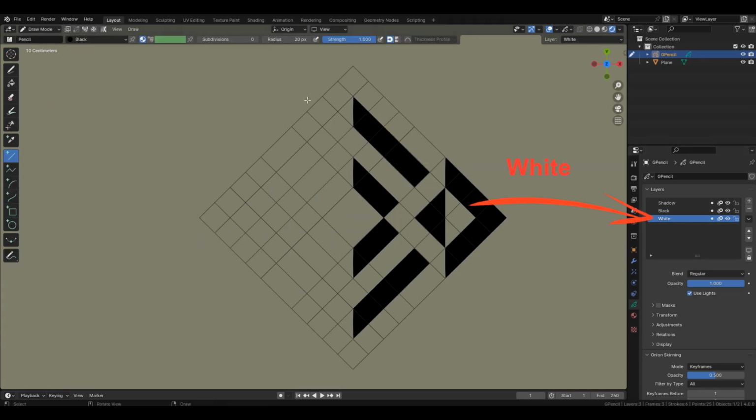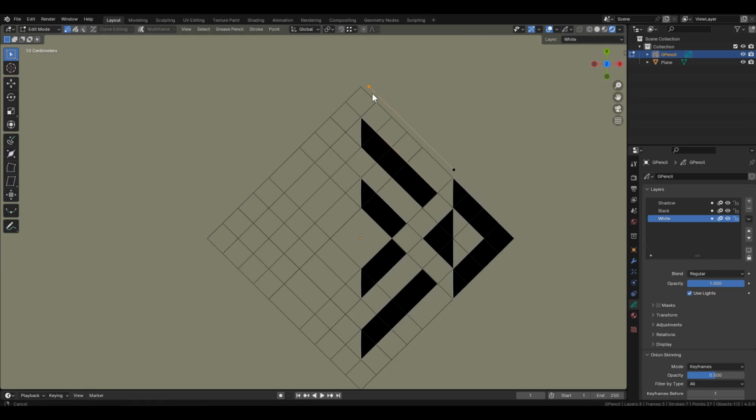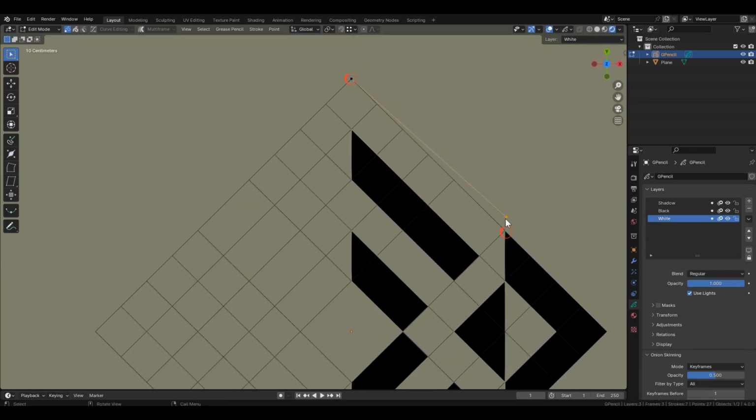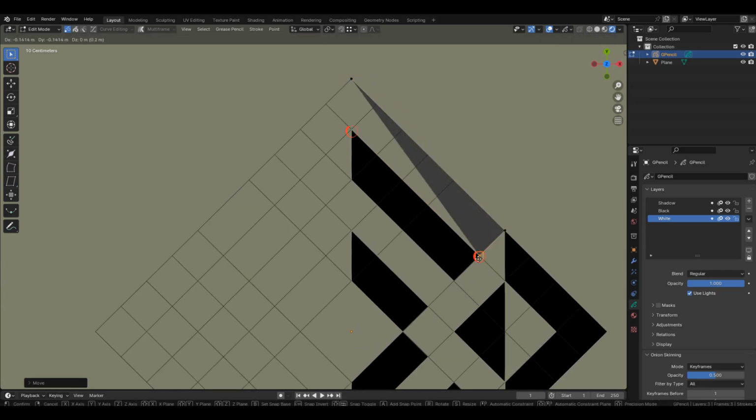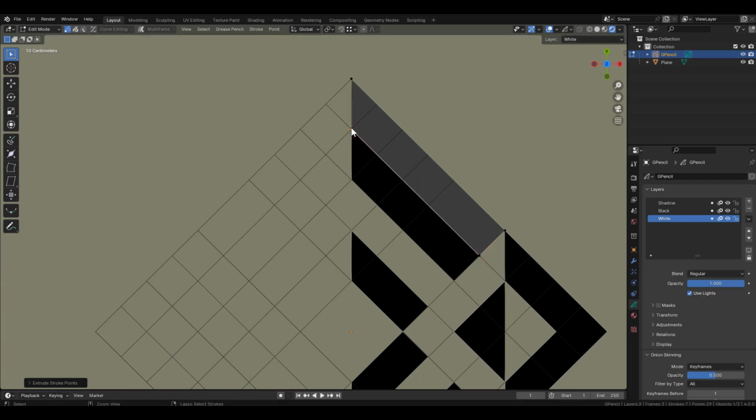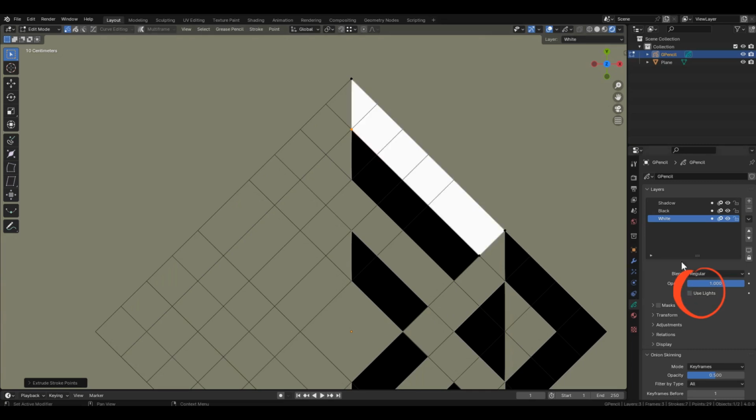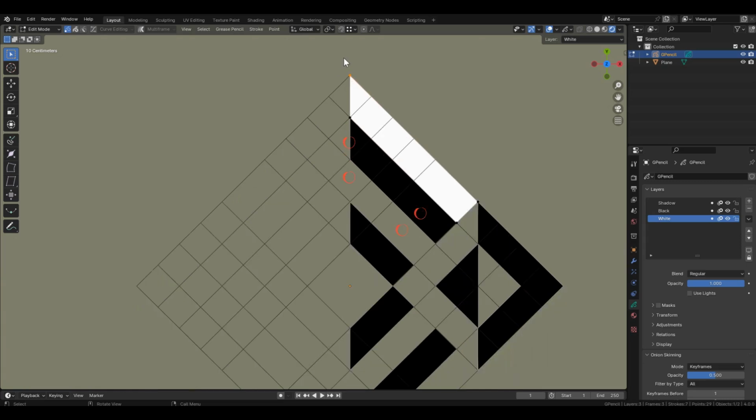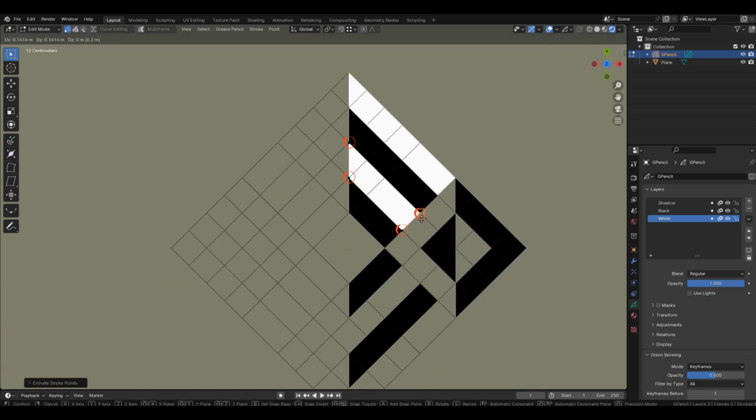Switch to the white layer, choose the white material, and draw a line. Return to Edit mode. Position the points of the new line along the figure's border and use extrusion to draw the element. If the color displays incorrectly, check the lighting influence on the layer. Let's disable it for all layers and return to the layer named white. Everything is as usual. Copy the point, place it in the required position, and draw the element using extrusion.